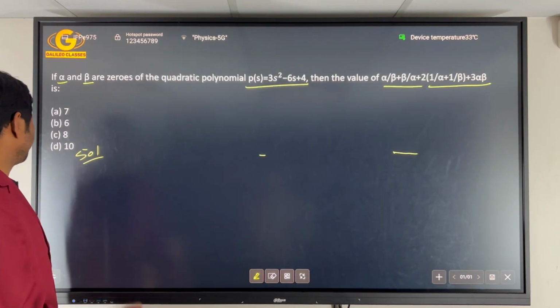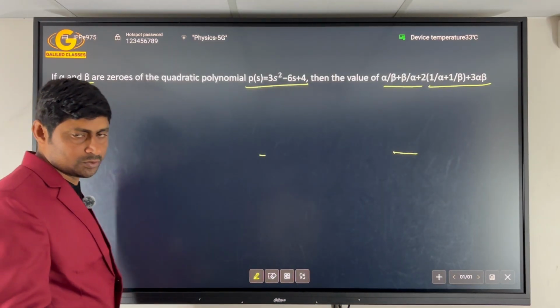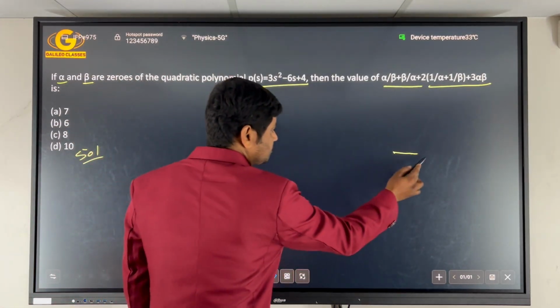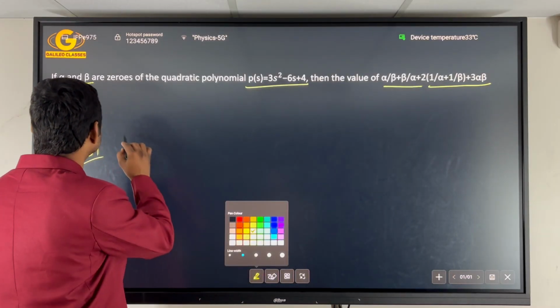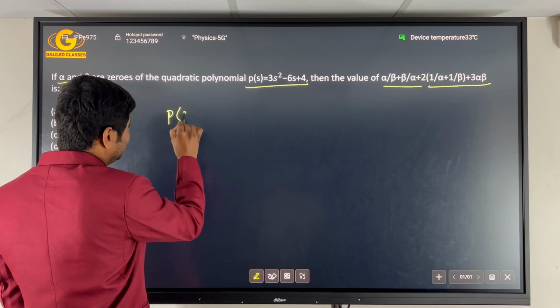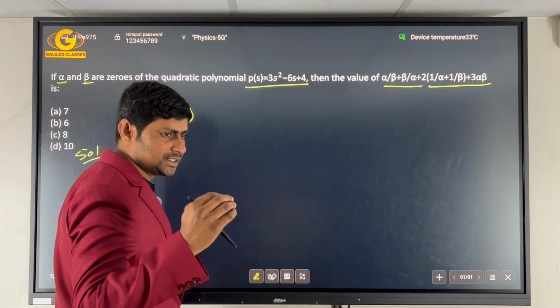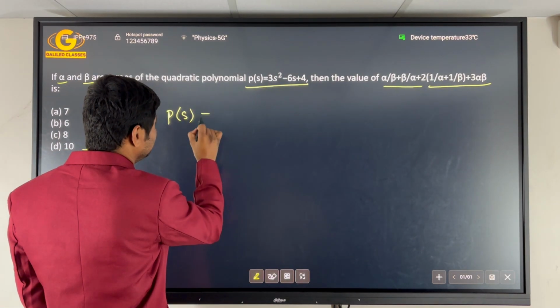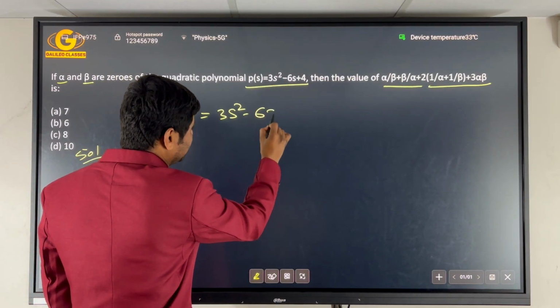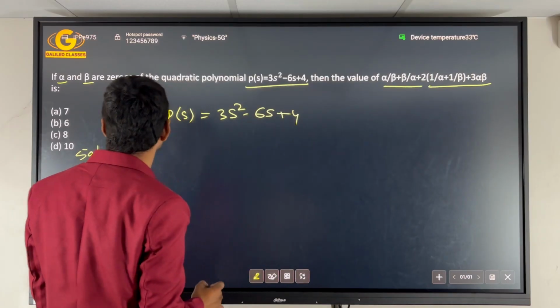Four options are given. We have to choose any one of them, a single correct option. So, chalo. Writing the polynomial in standard form, that is 3s square minus 6s plus 4,